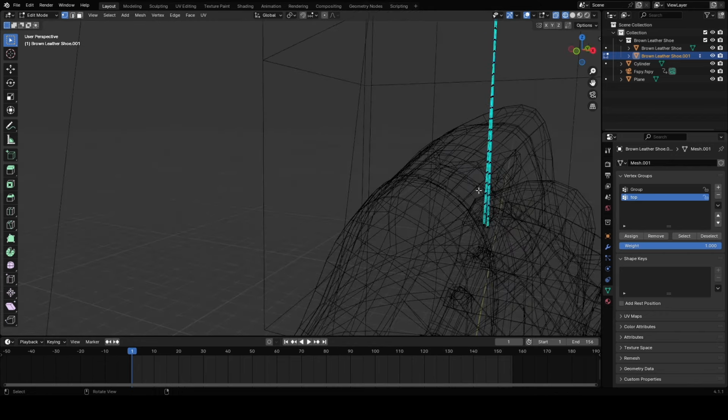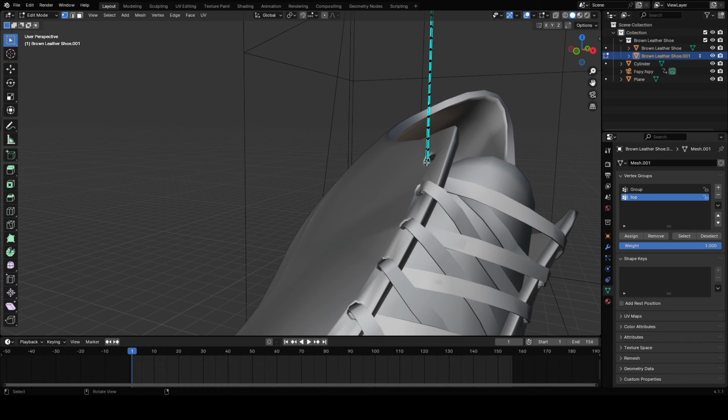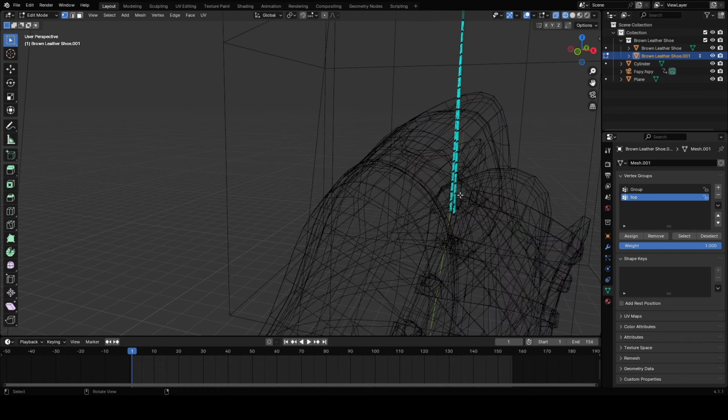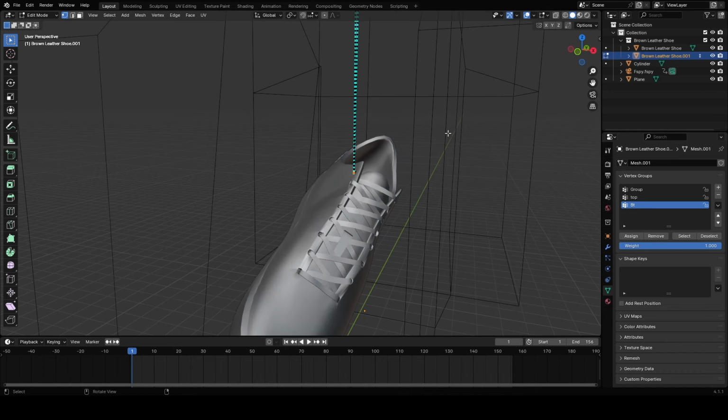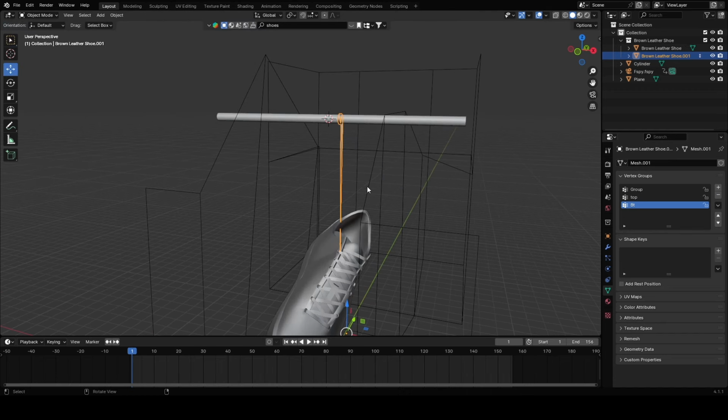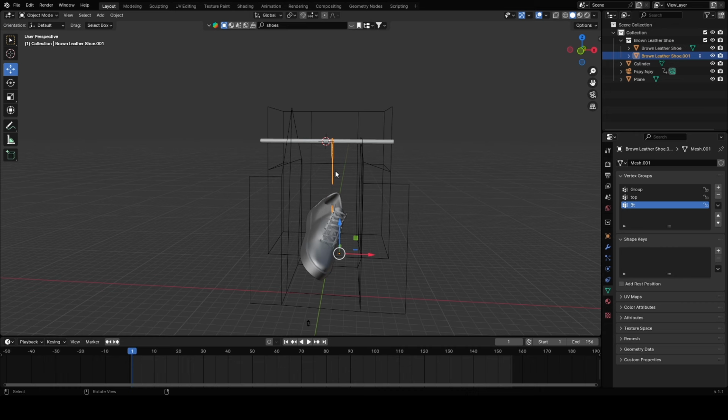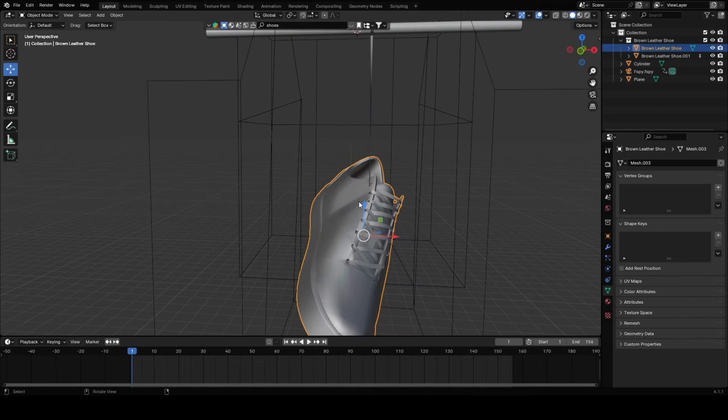And for the bottom part here, I'm going to do the same. Select that, Control plus plus plus plus, and then I'm going to add the vertex group. I'm going to call it bottom. BD means bottom. Assign that as well. So now we have Control C, set origin to geometry there. So now we have our